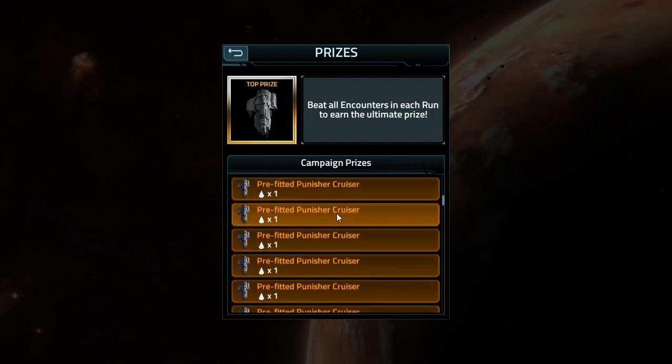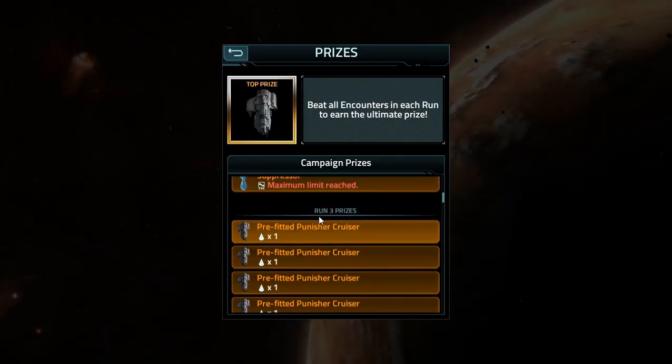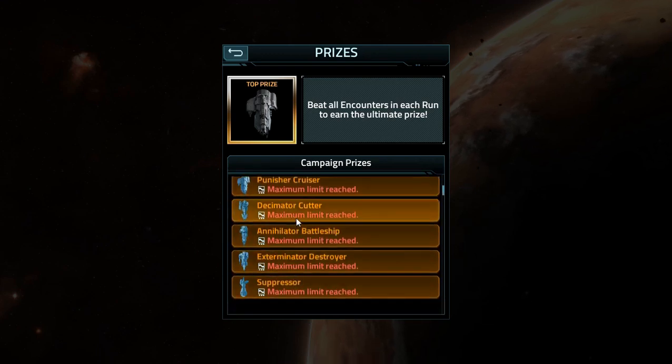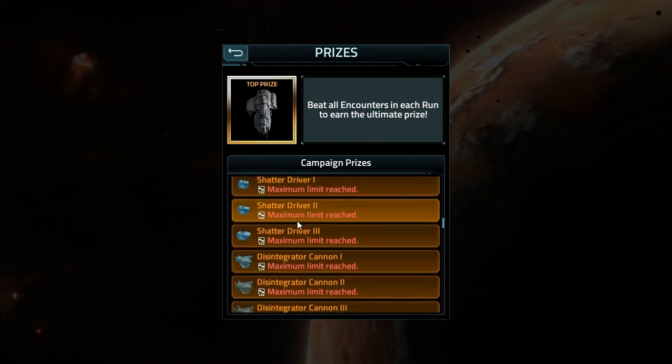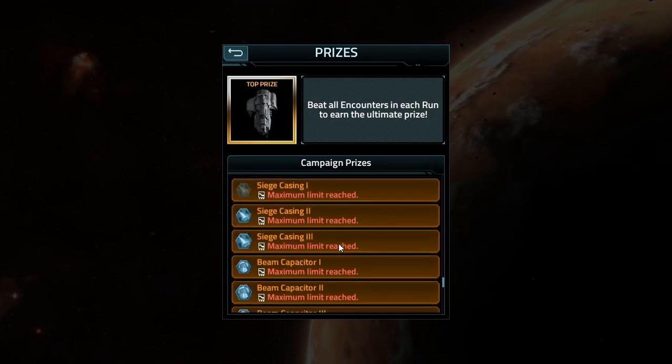6 pre-fitted cruisers. What do they have? Level 1, level 2, level 2, level 3, level 2. Are they giving you all the blueprints? Suppressor. Yeah, they are. They're literally, for completing these campaigns that are extremely easy, as you can see, they're giving you